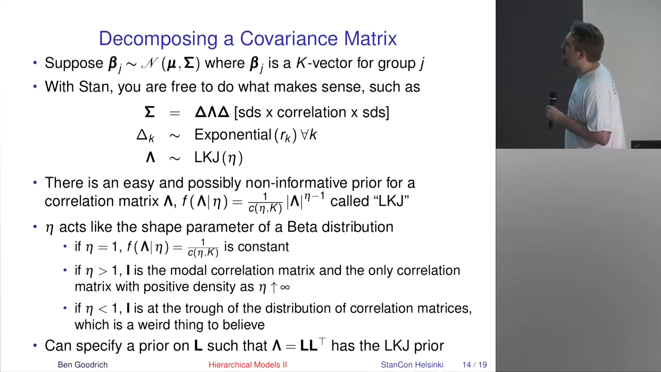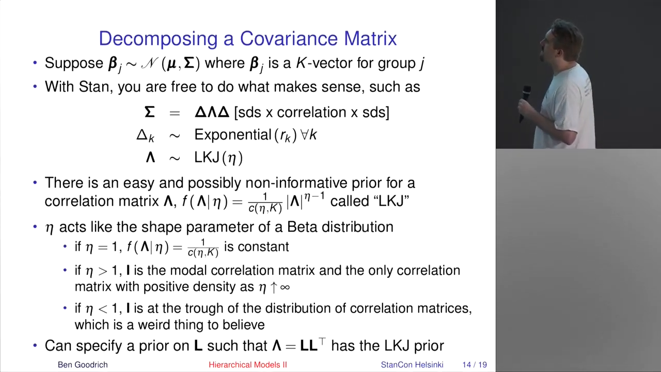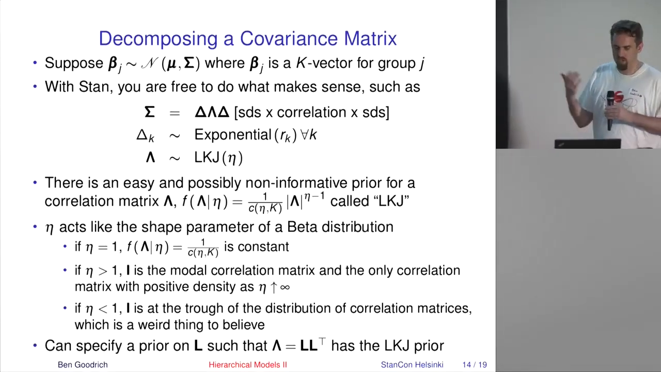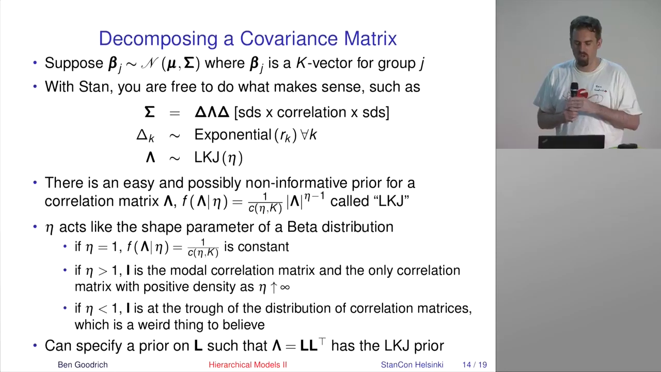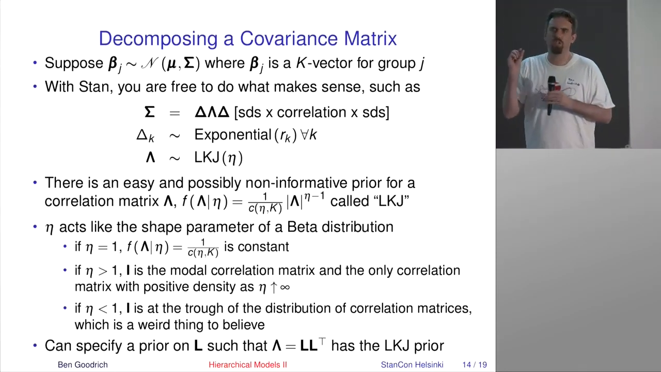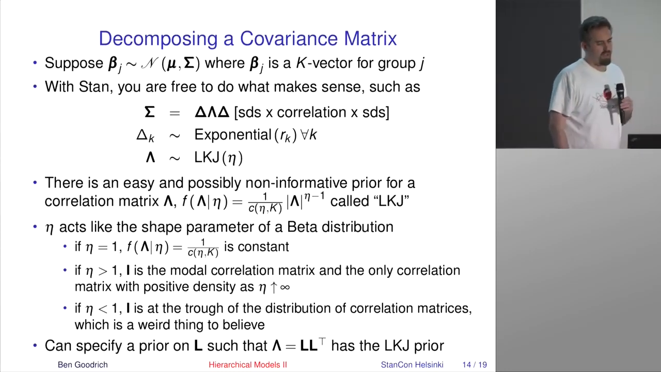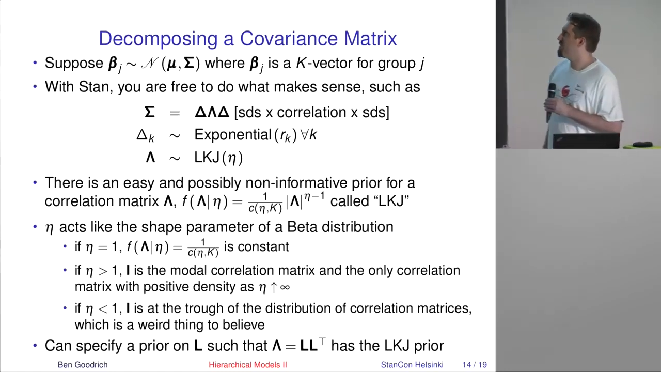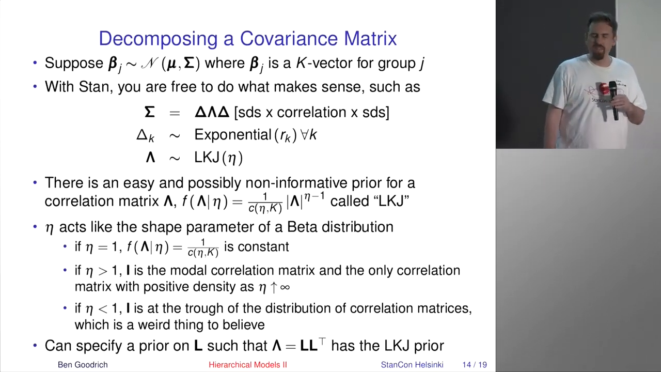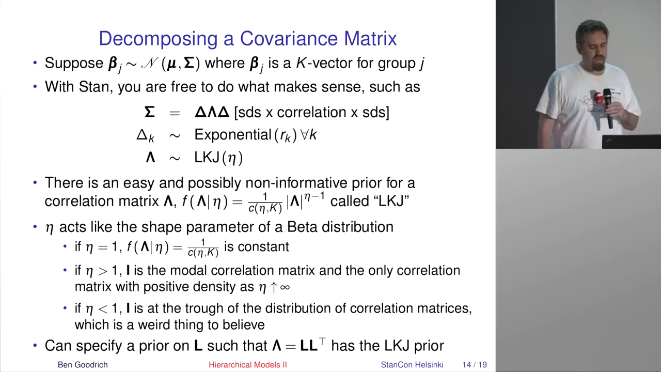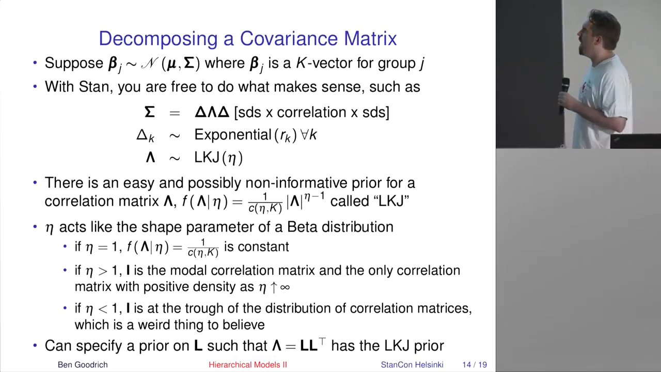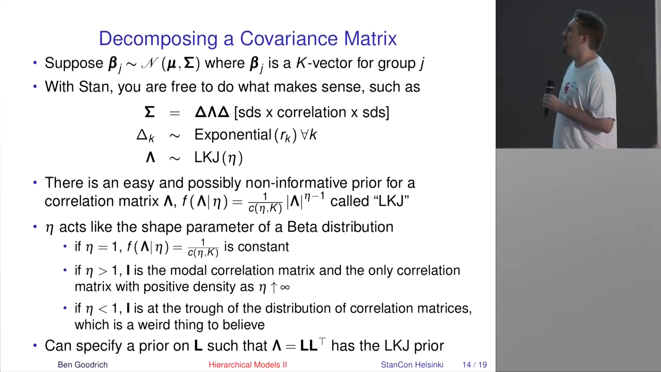If eta is greater than 1, then the density is non-constant, but the identity matrix is the mode. So the identity matrix is the modal correlation matrix. And as eta gets large, you get more and more concentration of this density around the identity matrix. If eta is between 0 and 1, the identity matrix is actually the least likely correlation matrix, and that does not seem to make a whole lot of sense in a lot of situations